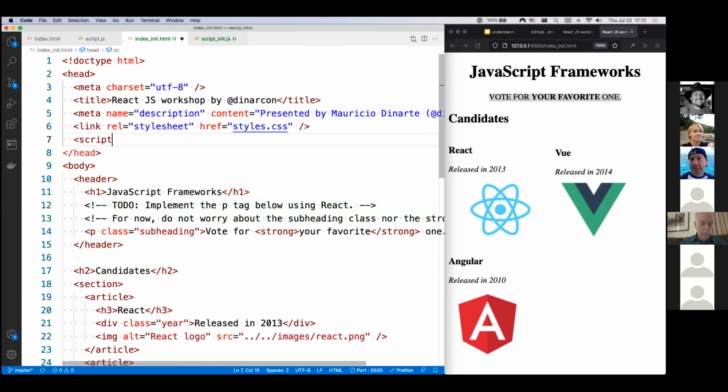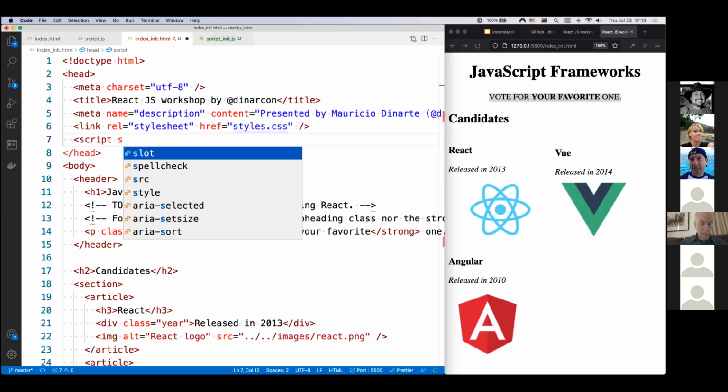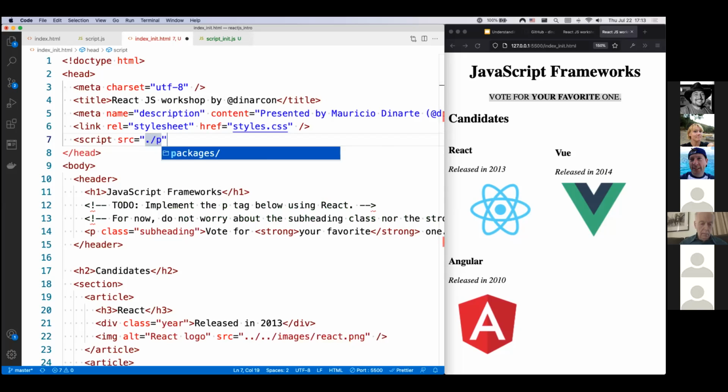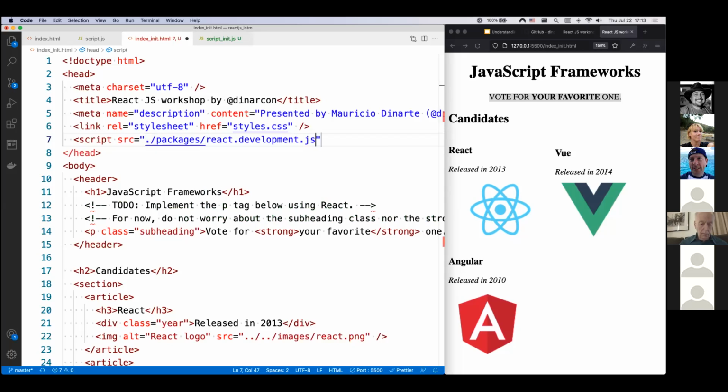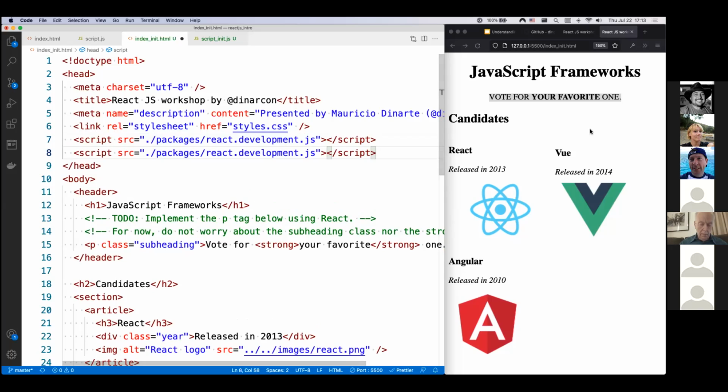So in this case, I'm going to create a script tag where the source is pulling from the packages, and I will be getting the React library itself. And we basically need to copy this and now get the React DOM library. So these are the development versions for both of them, React and React DOM. That is step one. The second thing that we need to do is decide where we want to mount our